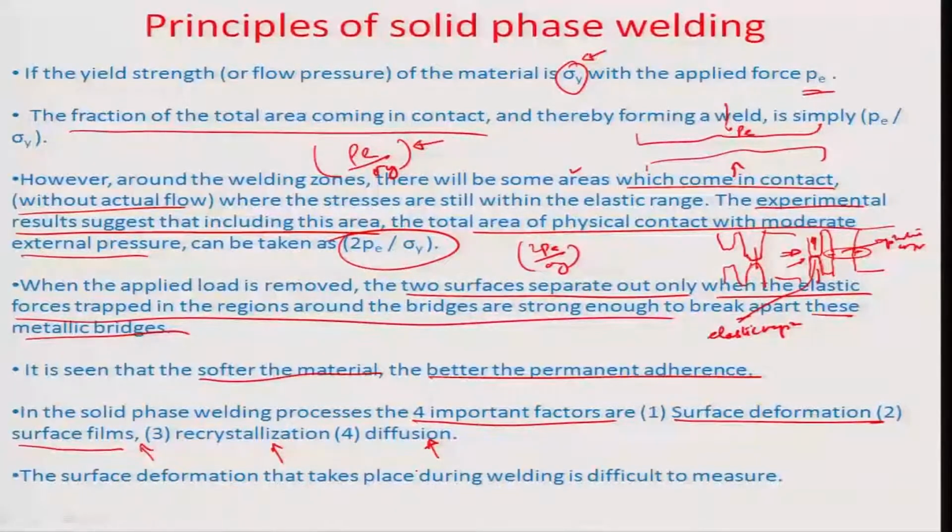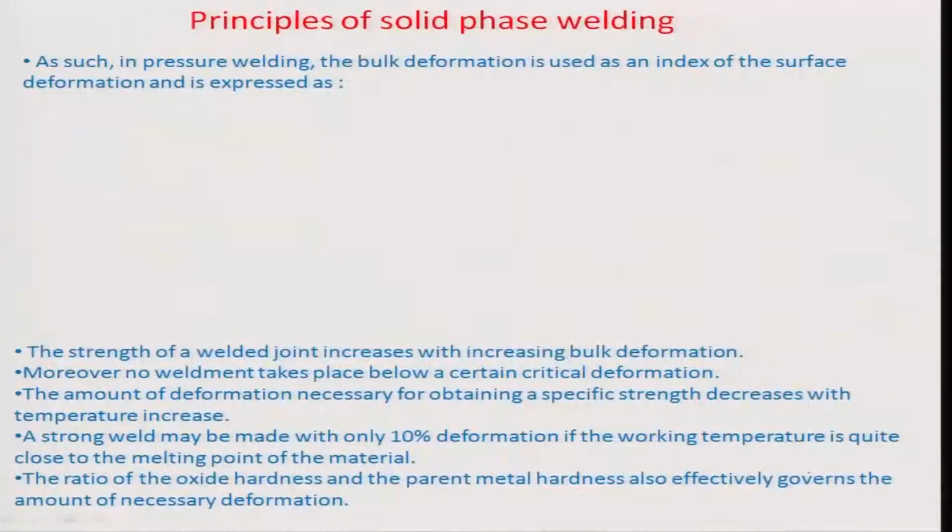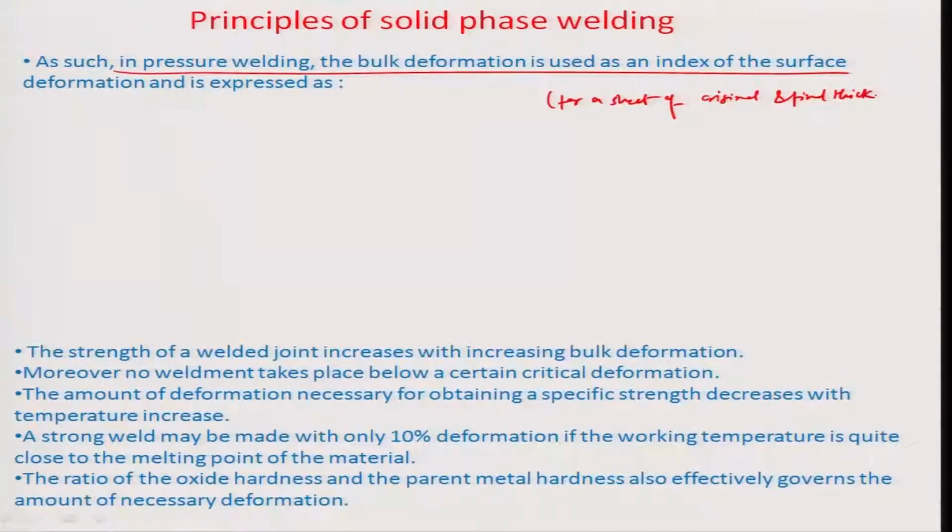So, the surface deformation that takes place during welding is quite difficult to measure, although some estimates can be brought out, and as such in pressure welding the bulk deformation is used as an index of the surface deformation. So, if I say for a sheet of original and final thicknesses Ti and Tf, I want to measure the bulk deformation, I would simply write this as Ti minus Tf per unit Ti expressed as a percentage,